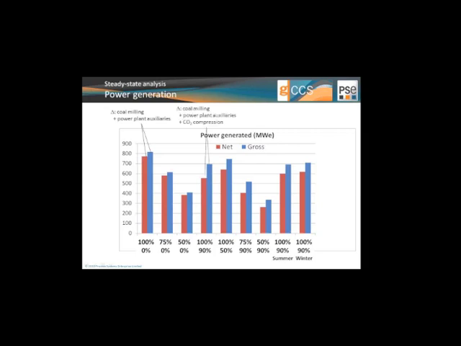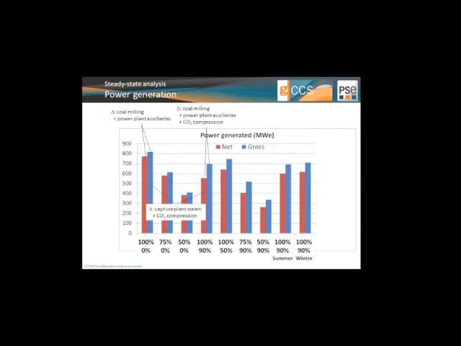On the other hand, we also have the same difference if we look at the case where we're capturing the CO2, where the addition here would be CO2 compression. Now, the difference between the gross power of a case that is capturing CO2 and one that is not is obviously the steam requirement of the capture plant, and the CO2 compression.